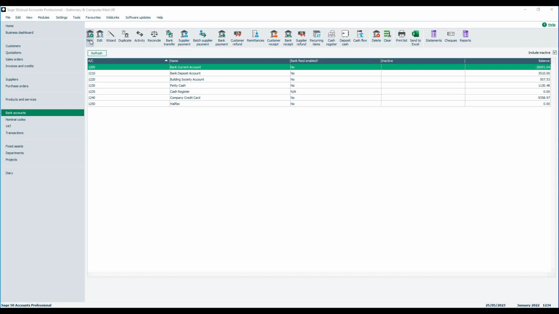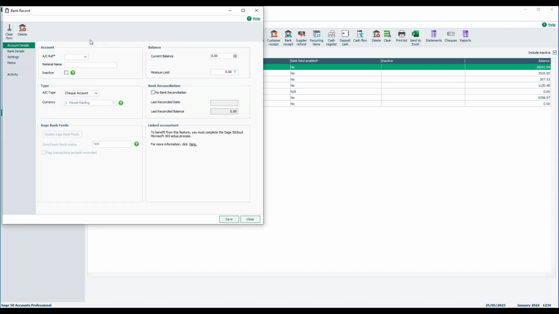If we click new, it will just give us a blank record and we can type in the number that we want to use. So let's just key one in. With regard to the account reference, if the rest of your accounts are 4 digits, we'd suggest you stick with that. You can enter up to 8, but we'd recommend if all of your nominal codes and your bank records are using a 4-digit code, that you stick with that. So we'll enter 1201, type in a name for the account. So we'll just call this one Barclays,